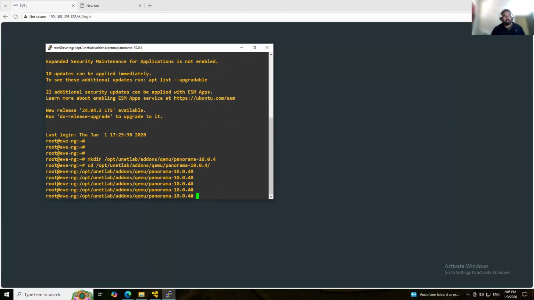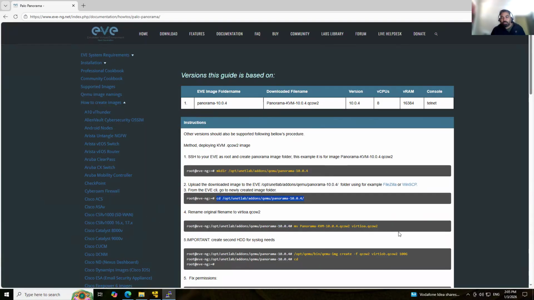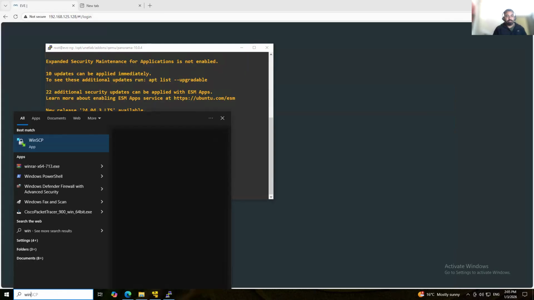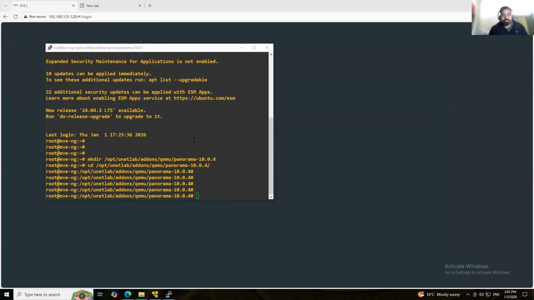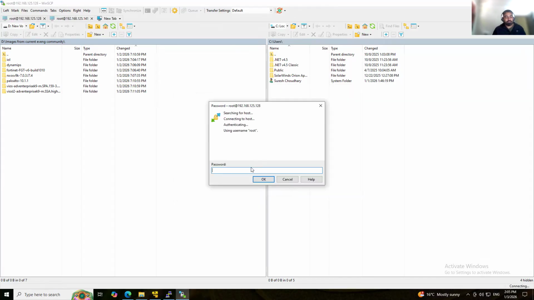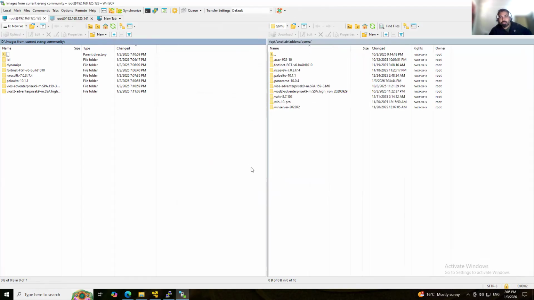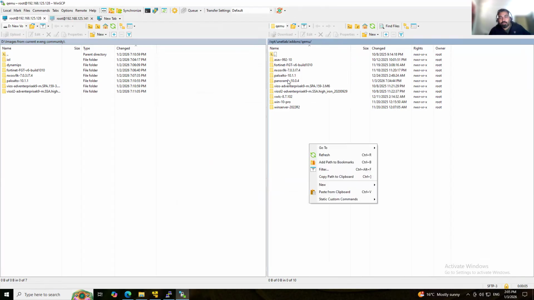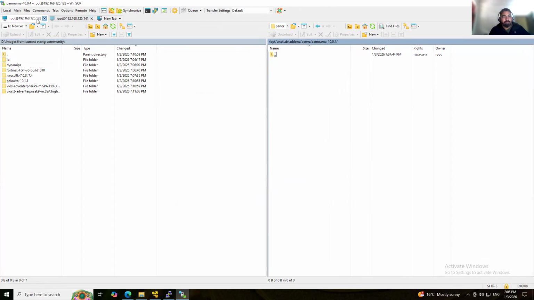The third thing, move Panorama. I have to copy this file. First of all, let me copy it from WinSCP. Okay, Panorama, here it is, and I have the file on the C drive.